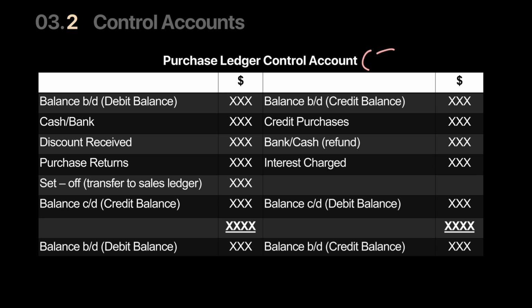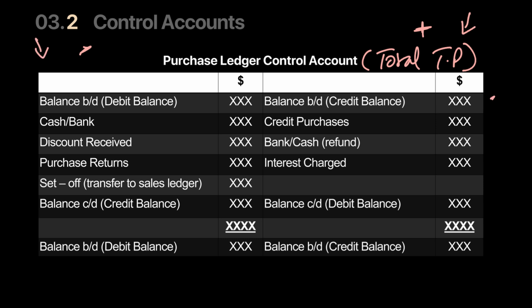Remember, this is an account for total trade payables. Now, trade payables are your liability. So, what should happen with the liability? A liability should increase from the credit side and it should decrease from the debit side. So, again, I should ask this question: any transaction that increases the firm's liability towards the supplier should go on the credit side, and any transaction that decreases your liability should come on the debit side.